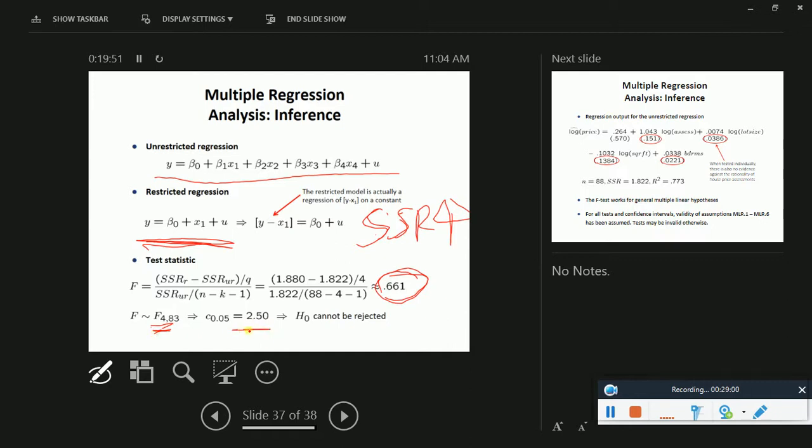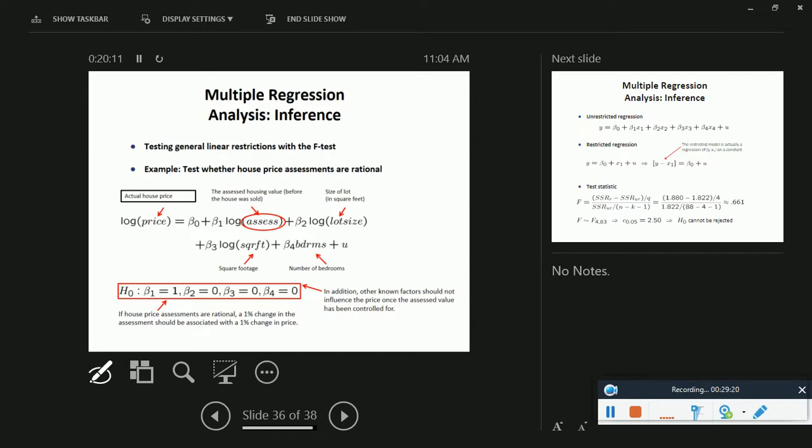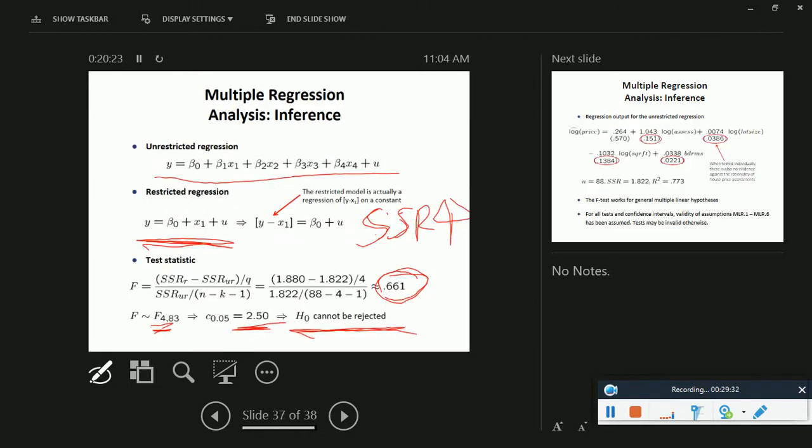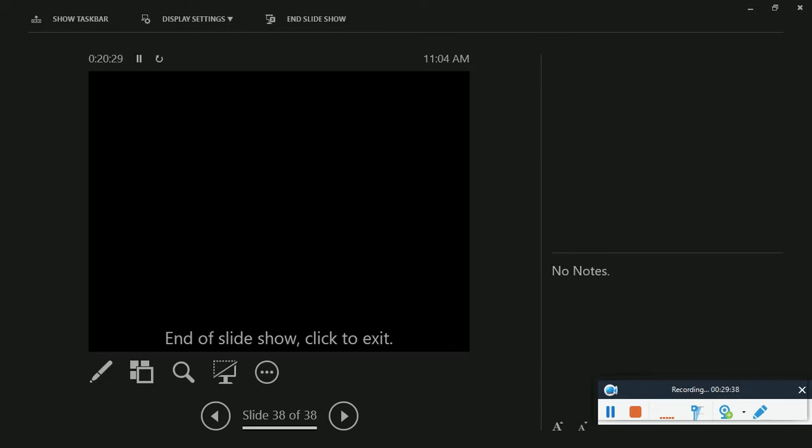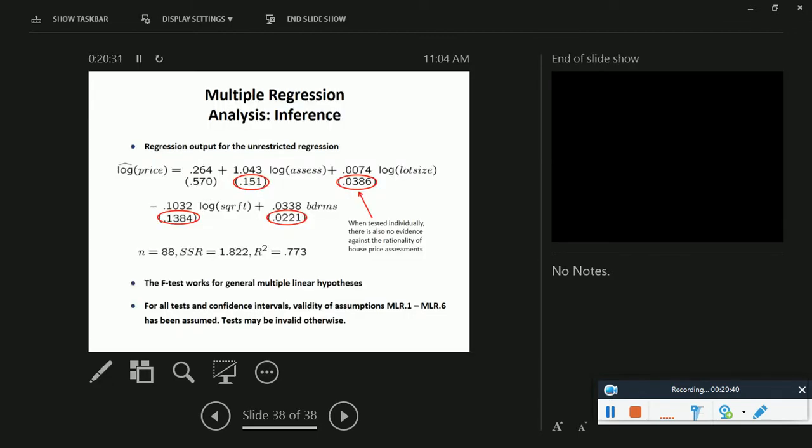So the critical value is 2.50 from the F distribution table, but based on our results we got 0.661, so we cannot reject the null because our F stat is lower than the critical value. In other words, maybe these factors beta 2, beta 3 and beta 4 do not affect the actual housing price: lot size, square footage or bedrooms, just based on these results, right? So that's what